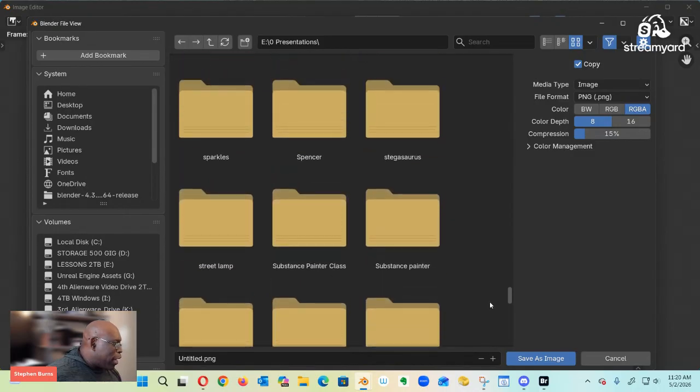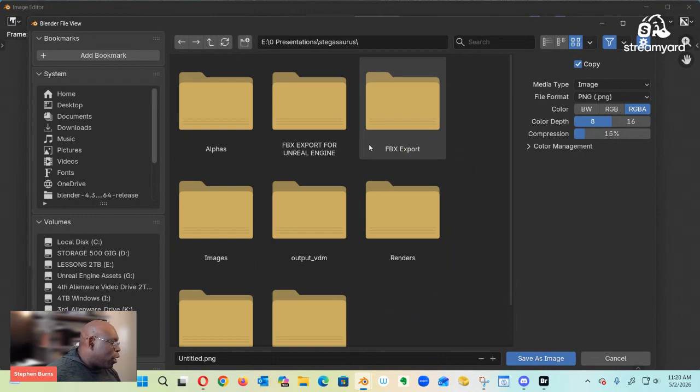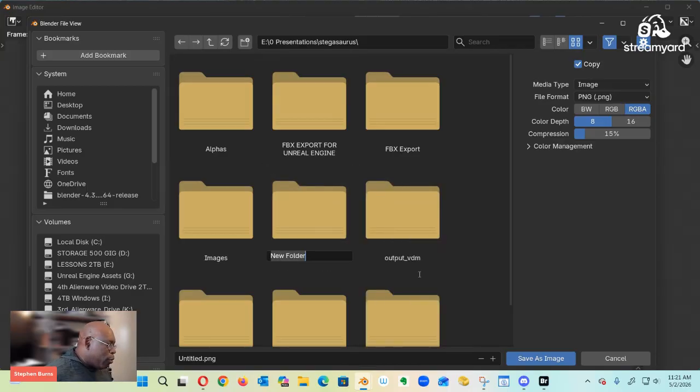It'll take a little bit of time on your part to organize all your brushes and create your brushes, but when you're done, you're going to be a lot happier. There's my Stegosaurus. Now, they're the alphas. So what I like to do is probably make a separate folder, right? So we'll call it alpha previews. So right click, new folder,